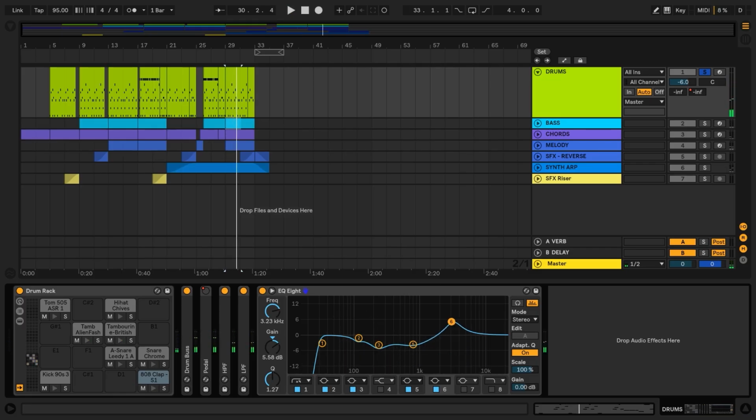And it's around 3K here. Yep, that's a little harsh on the ears. So let's go ahead and remove that. Take it down -2 and adjust the Q. And then we're gonna overall just lower the high frequencies on the drums, and we'll just take it down maybe